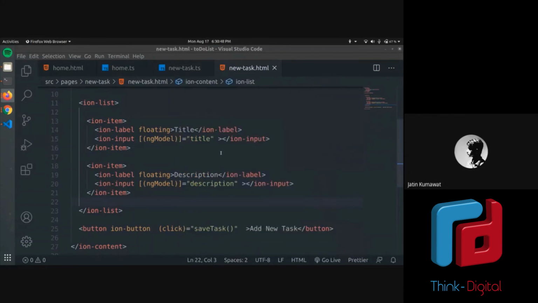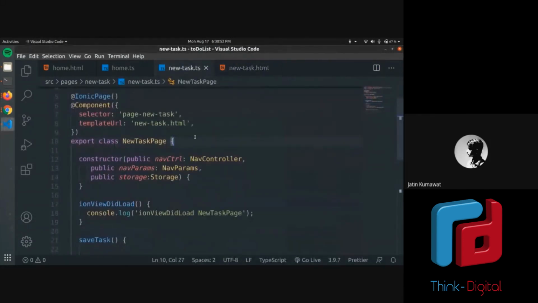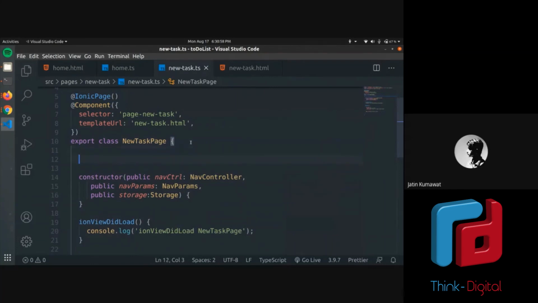Once again I will have to declare them here, just above the constructor. It says storage does not exist on home page because I think we did not import that. So let's check the concept. Just above the constructor, you will write the variable name, public title, variable type any.